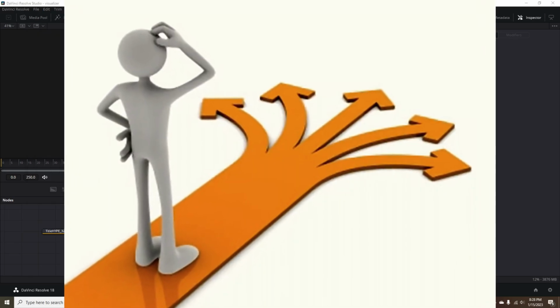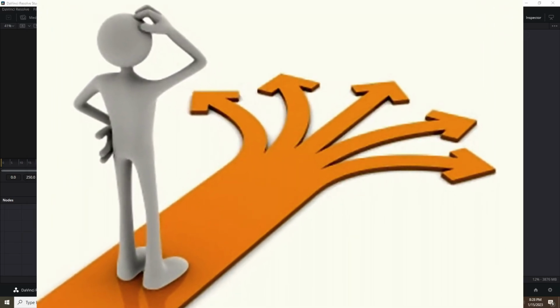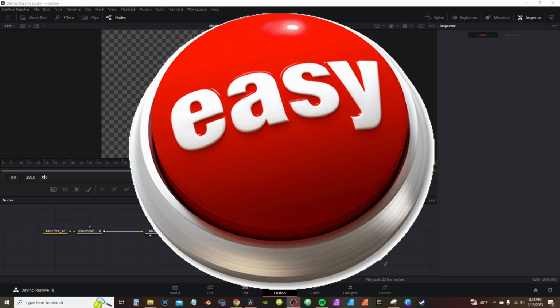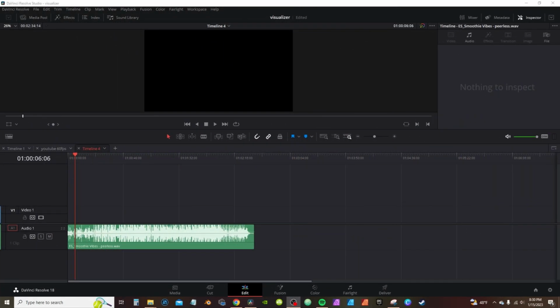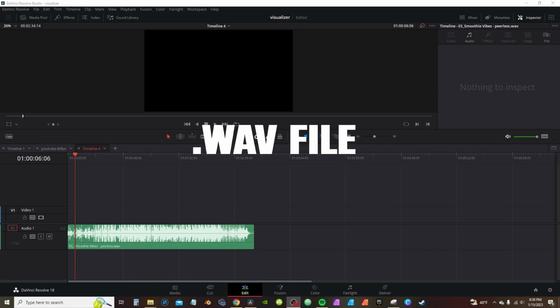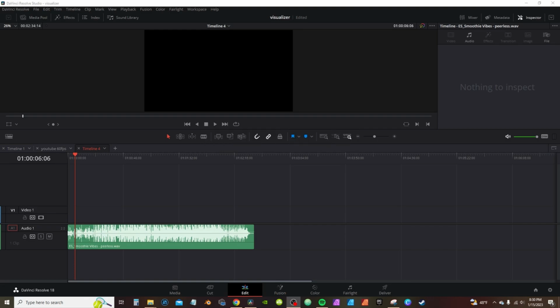Like most things in DaVinci, there's more than one way to create a visualizer. We'll start off easy, and then we get into the more complex. Now, the audio modifier only recognizes WAV files. So if the song that you're trying to use is not a WAV file, this is the way you can